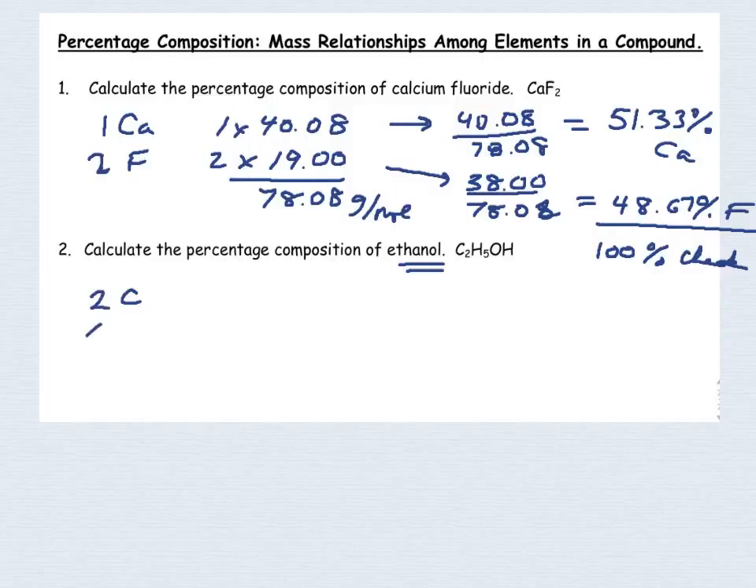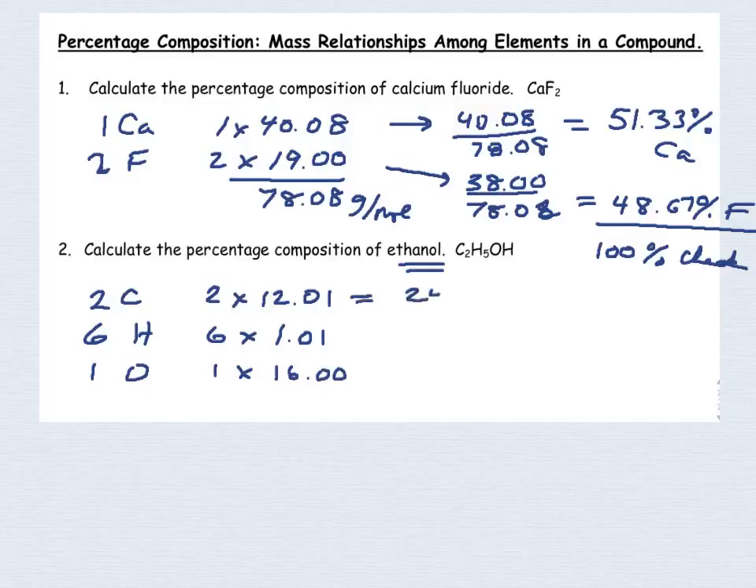So ethanol. Ethanol contains 2 carbons, 6 hydrogen, if you group them together, and 1 oxygen. So you're going to take each individual mass, 2 times 12.01, 6 times 1.01, and 1 times 16. We'll add these up. So the amount of carbon is going to be 24.02,